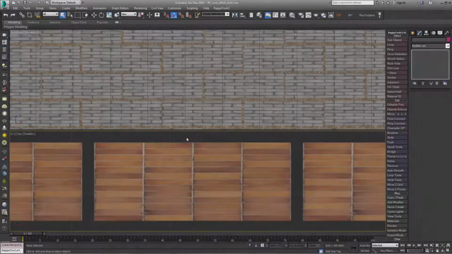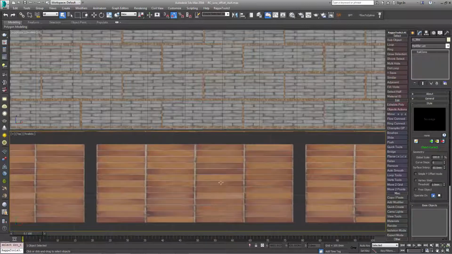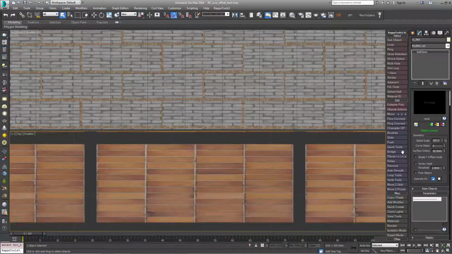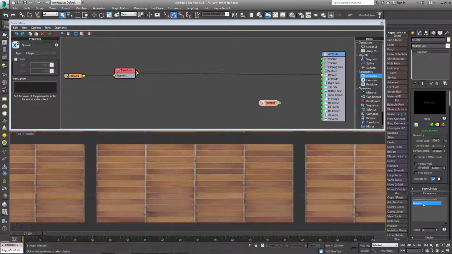In the first example in this tutorial, we'll extract the tiles from this texture that's 4 tiles across by 13 high. However, rather than hard code these values, we'll make them editable from the parameters rollout so that other textures can be used without expecting the user to open the style editor and understand the graph. To do this, we export parameters and wire them to numeric nodes. Whenever a numeric node is added to the graph, an entry is created in the parameters rollout so that a value can be entered outside the style editor by the user.